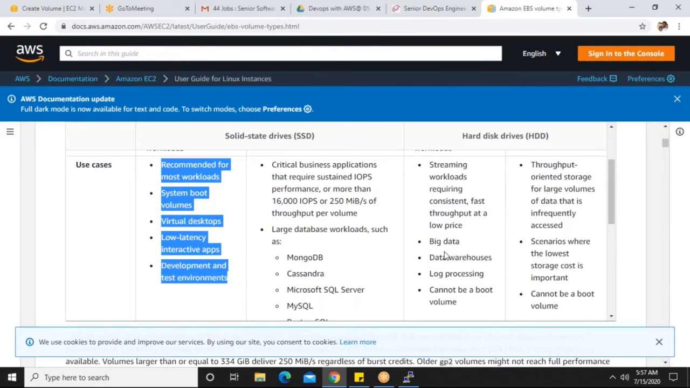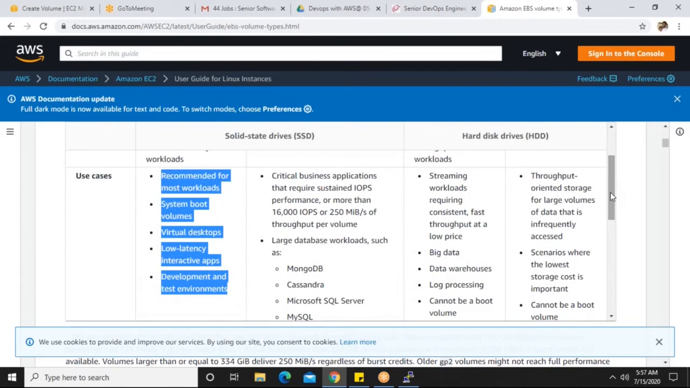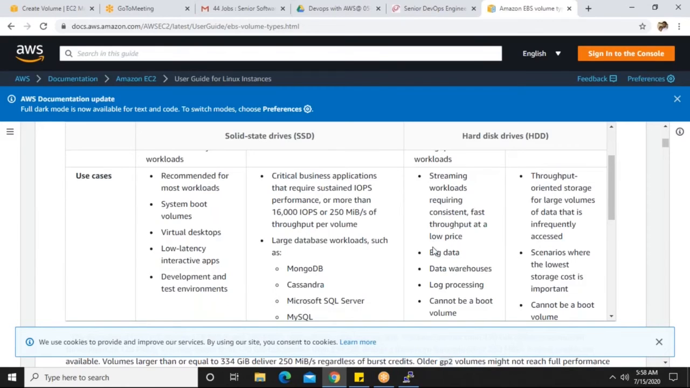If you want to store MongoDB data, or a MySQL server, you'll go with the second type. Again, to store big data, maybe data warehouse data, and different things for log related, those applications you'll go with the third type. Fourth type,